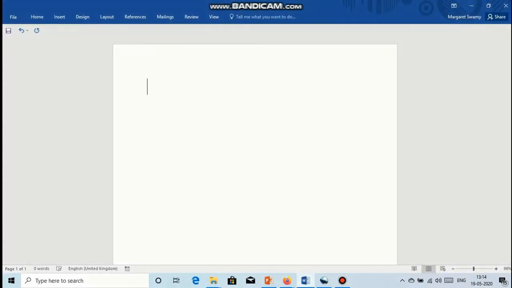Here the blinking line is called the cursor, and here I am typing "I live in Delhi". Now you can see the spelling of "in" is incorrect. Where is the cursor now? It is after the word Delhi. Now I am pressing the left arrow key and you can see it is moving. Now I will press the backspace key to erase the extra N from the word "in".